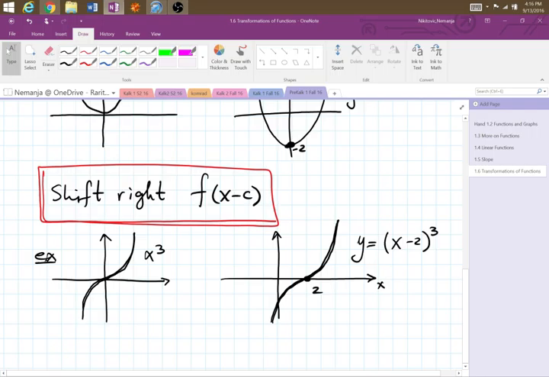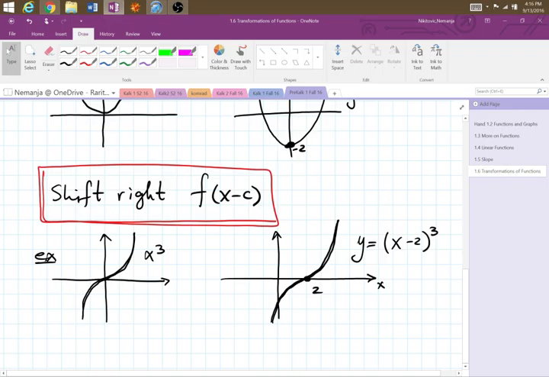It is x that was modified, so x minus 2 in this case. Over here you have f of x, which is x cubed, added 2. And over here you have f of x subtracted 2. So notation-wise, that c is the number that you're either adding or subtracting on the entire function to move up and down, or on x directly to move it left or right. And that's what we have for this